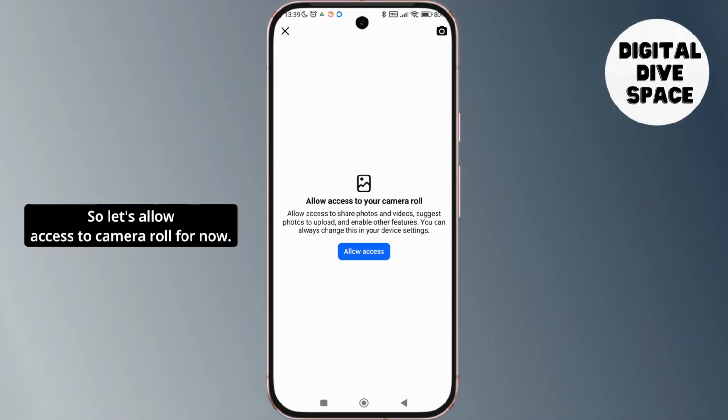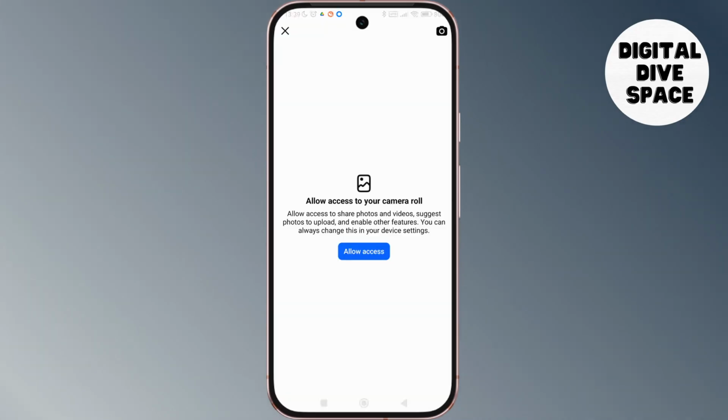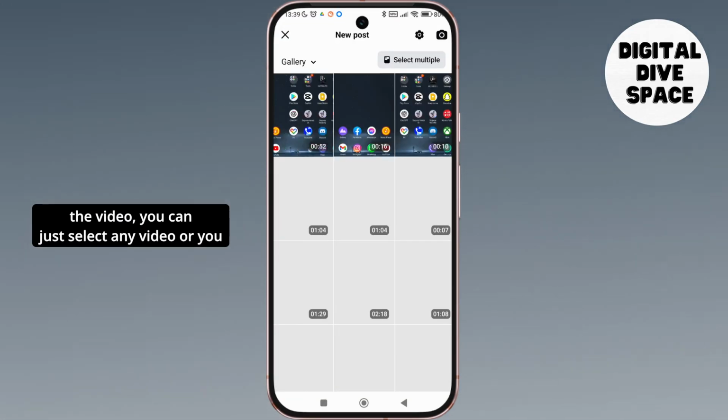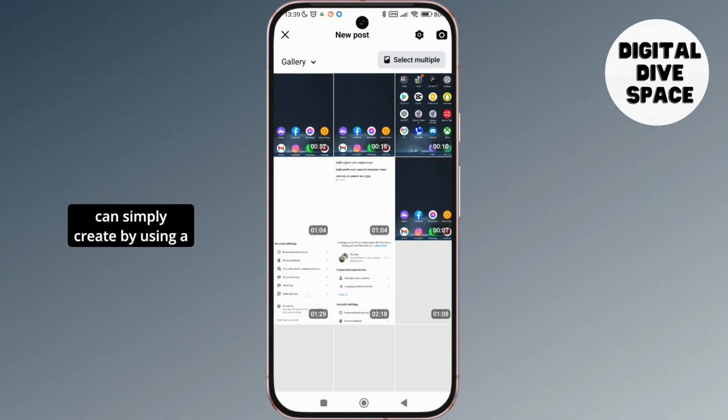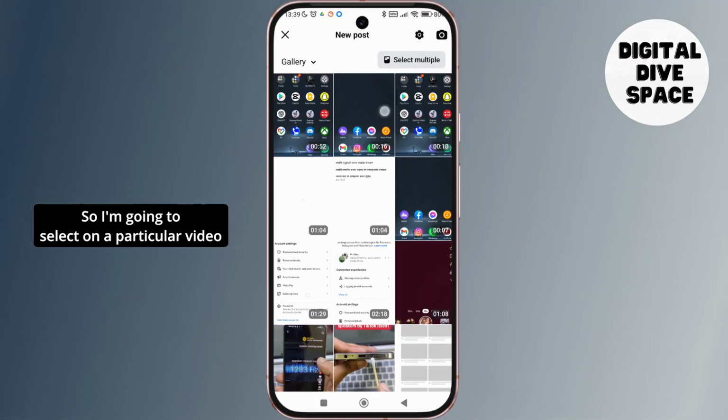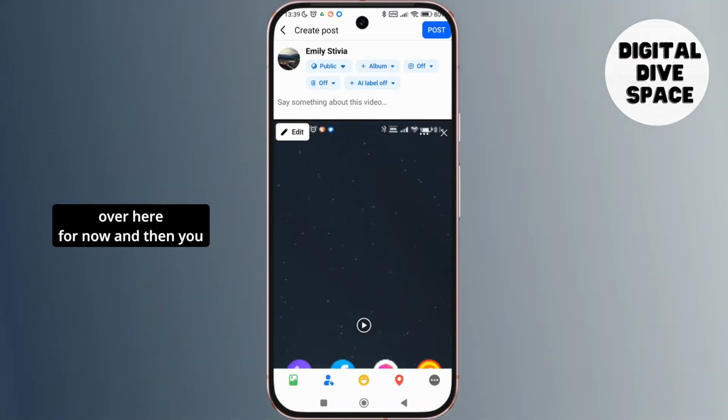So let's allow access to camera roll for now, and as we do that, you can simply launch any of the video. You can just select any video, or you can simply create by using your camera at the top right corner. So I'm going to select a particular video over here for now, and then you can simply